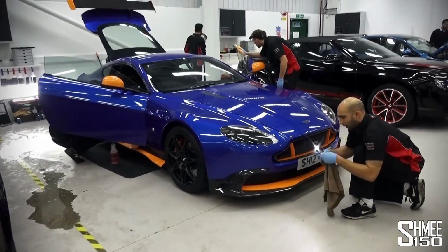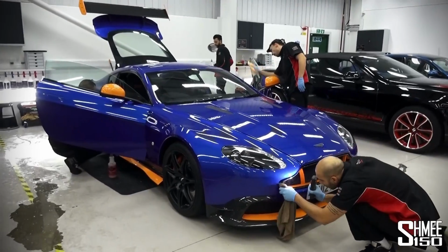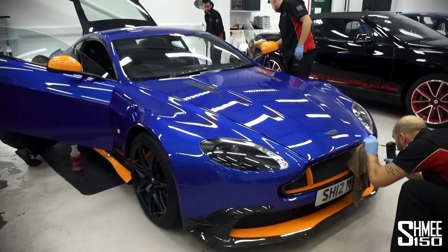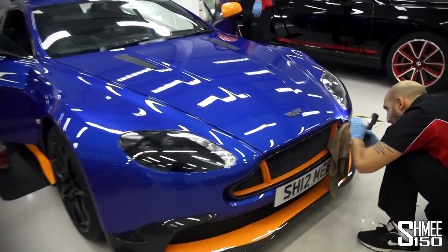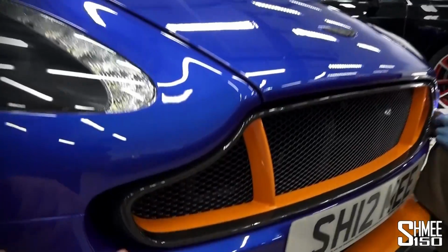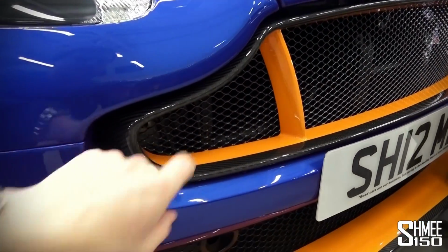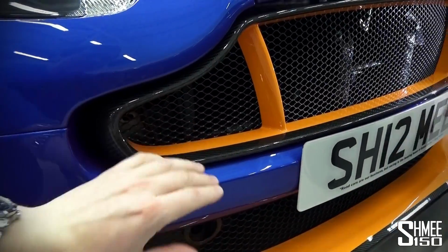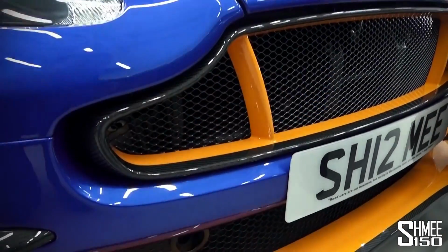The grille is back in, and this is now time to do the final touches to prepare the car, remove all the water drops that come from the process of installing PPF. Obviously with the grille back in, going around it, just making sure everything is really neat and tidy. And it is very cool that this actually has PPF on it all the way around. Obviously a rather awkward shape if you think about it, the way material can't necessarily bend all the way around it,